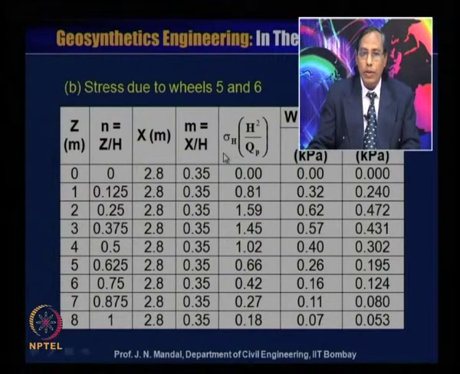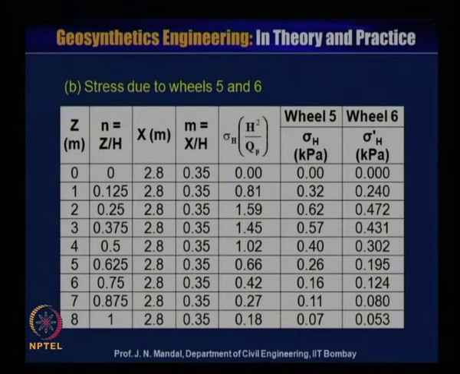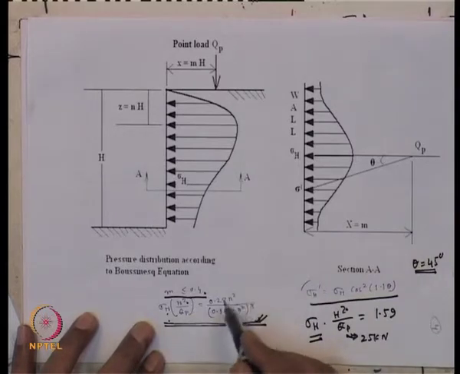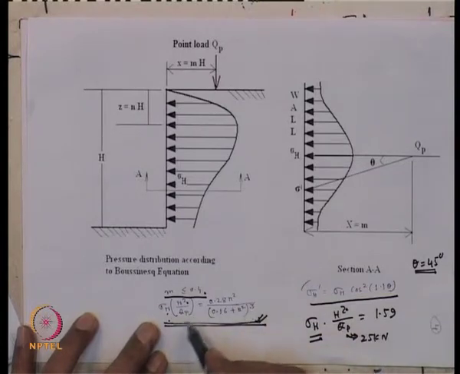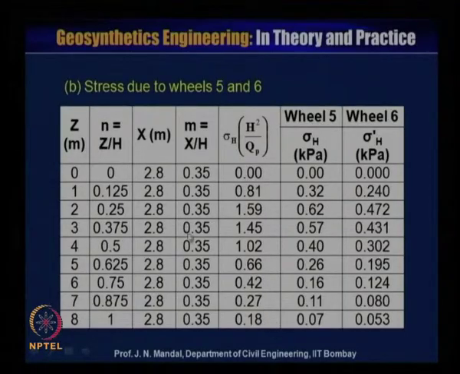Here again you can observe that this m value is less than or equal to 0.4. Therefore, you can use this equation again, sigma h h square by qp, because the m value is less than or equal to 0.4. So sigma h h square by qp is equal to 0.28 n square over (0.16 plus n square) whole to the power 3. Now you know the n value, so you can calculate sigma h h square by qp. At depth 2 also it is the same, because the m value is always less than 0.4.